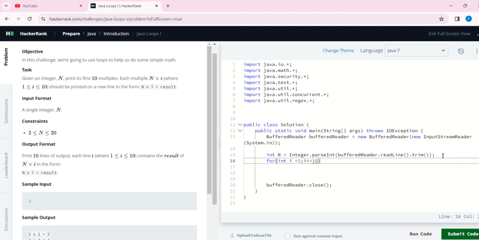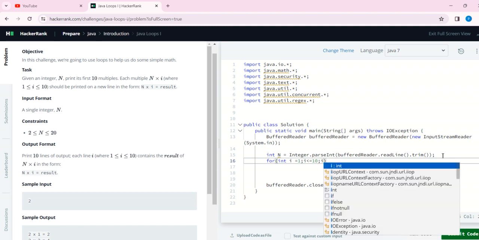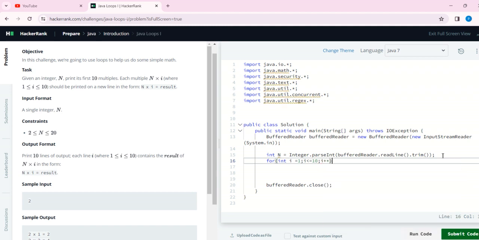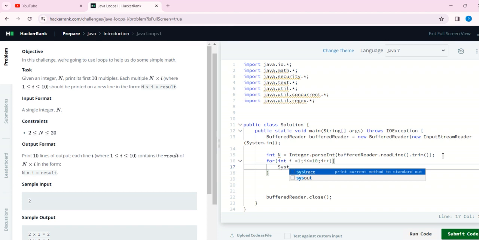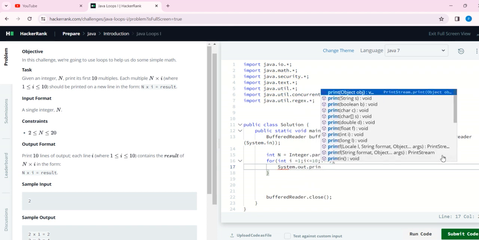Then i plus plus till 10. There are many ways to solve this logic, but we will print with the simple logic. Directly System.out.println.